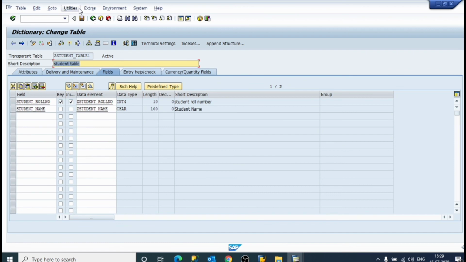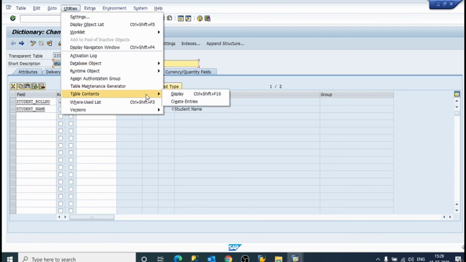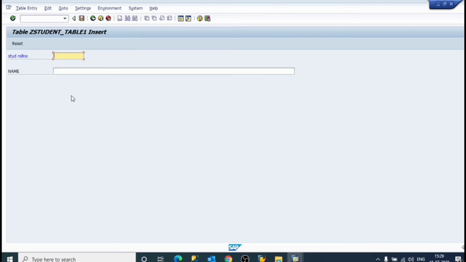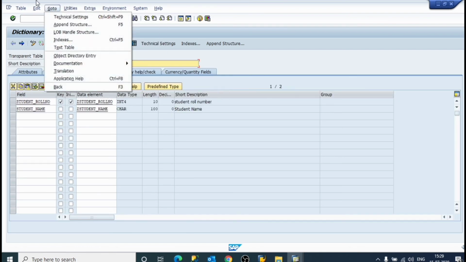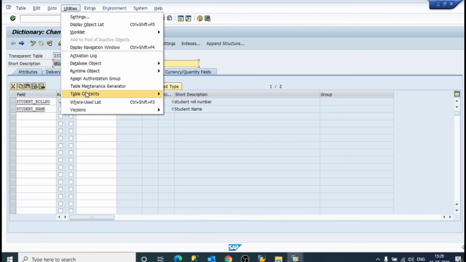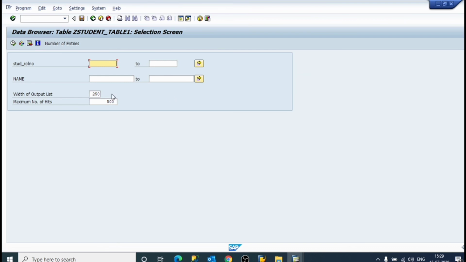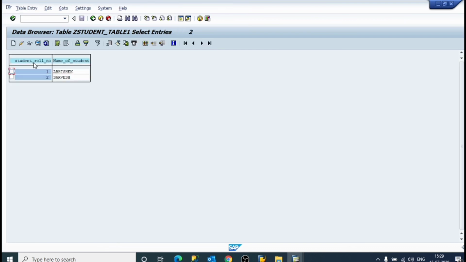Now again, utilities, table contents, create entries, save it, and utilities, table contents and display. Student roll number 1, 2, name of student Abhishek Sarvesh.